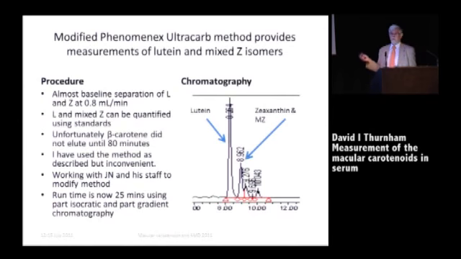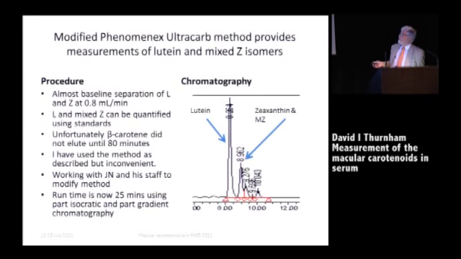Unfortunately, this method had a problem. It took at least 80 minutes to elute beta-carotene. And you can't start the next chromatogram, if you're only interested in these, at 10 minutes, because that beta-carotene is going to come through, and the later carotenoids are going to come through in your next chromatogram. So initially, because we didn't have time, we used the method as it stood, and we just spent a long time doing chromatography in order to get our measurements of lutein, mesozeaxanthin and zeaxanthin.